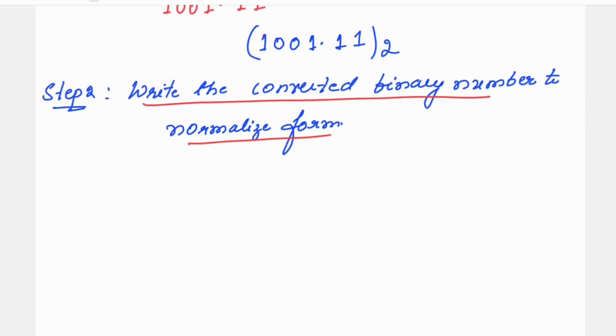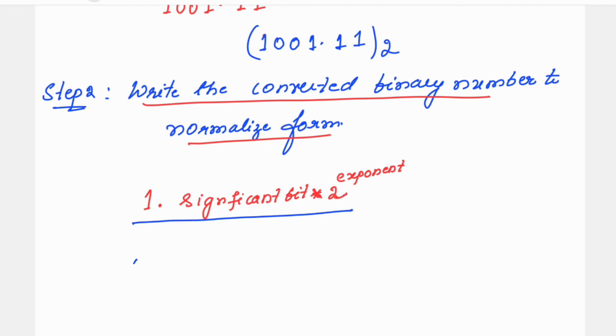Normally for floating point numbers, remember, normalization is like this. Always you have to get 1 dot significant bits multiplied by 2 to the power of the exponent value. But we got the binary value as this much. You have to write this binary number into the normalized form, and the normalized form should be of this kind, wherein you are writing 1 dot. Suppose I have to place the decimal point after 1, that means binary 1 dot. If I shift the decimal point by 1 position, the value will be 100 dot